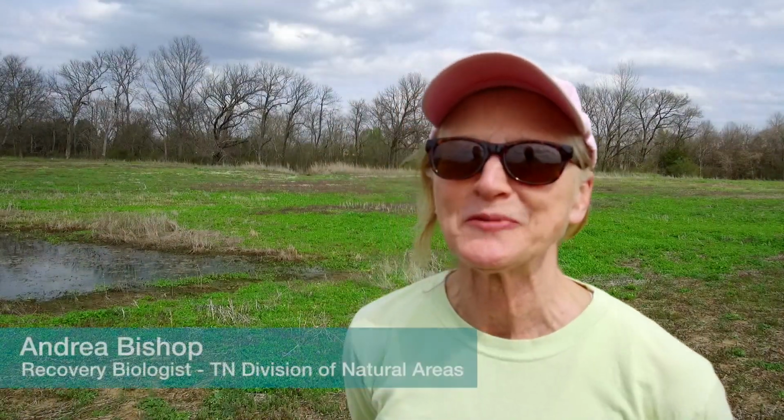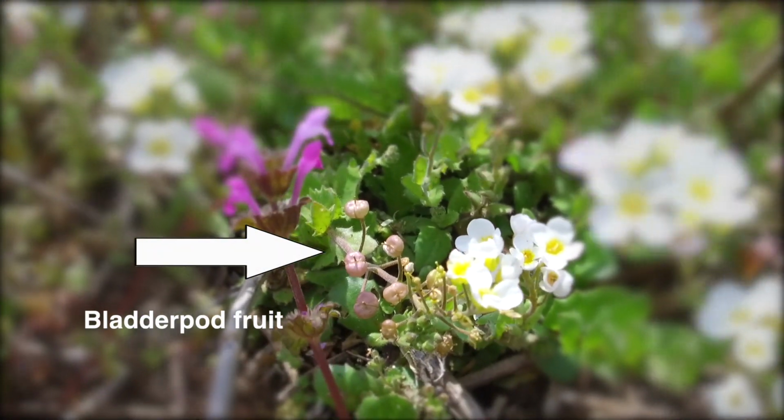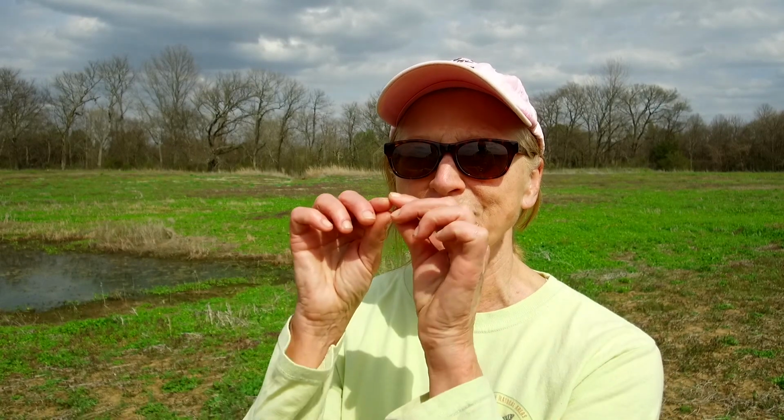This is called the Spring Creek bladderpod. It's a Paysonia perforata, and it is different than the Stones River bladderpod in that the flowers are the same, everything's about the same, the leaves. It's just the fruit is a little bit more hairy, has a lot more hairs on it on the Stones River, and this one is really smooth. And there's about 4 seeds inside each of those little bubbles, I guess you call them. Pods,